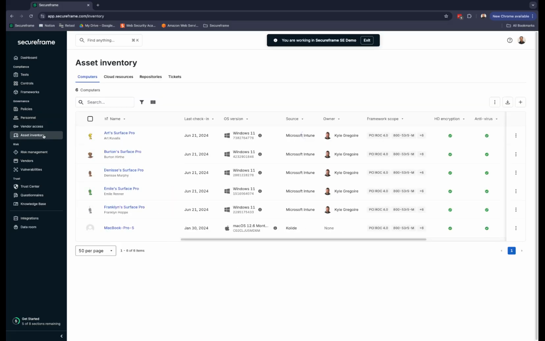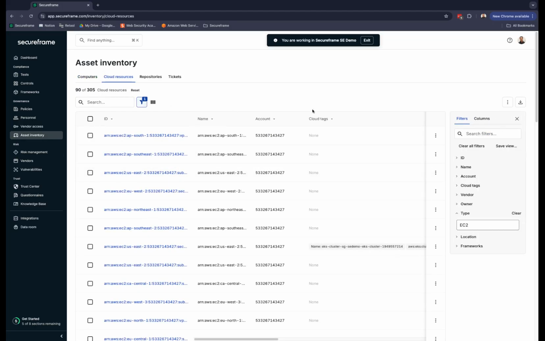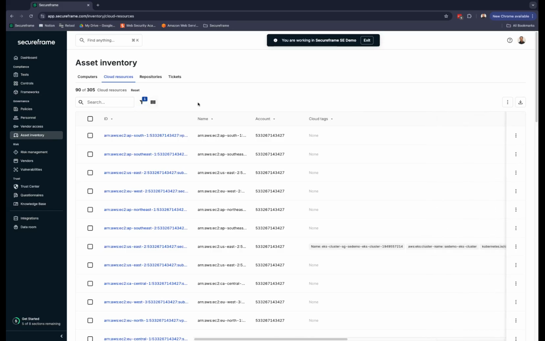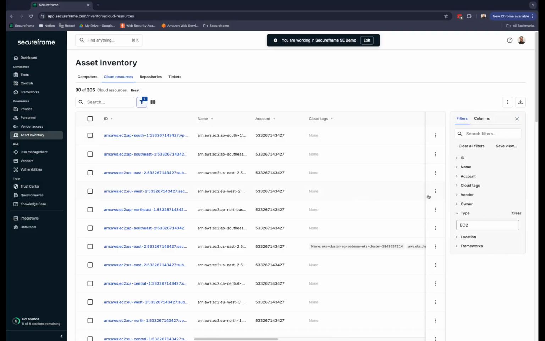On the asset inventory page, you can see all of the workstations if an MDM is integrated. And then on the cloud resource page, you can see all of the types of systems that are being pulled in from the cloud service provider integration. Here, you can filter by asset type and select a sample based on this population. Let's say you wanted to select a sample of all of the EC2 instances,